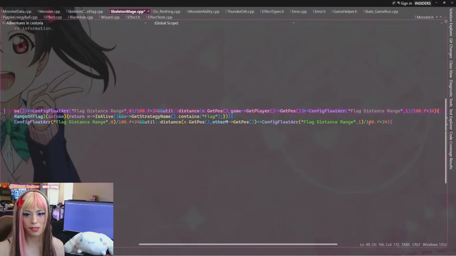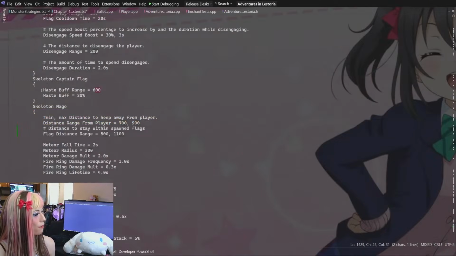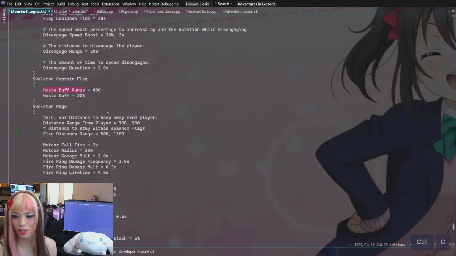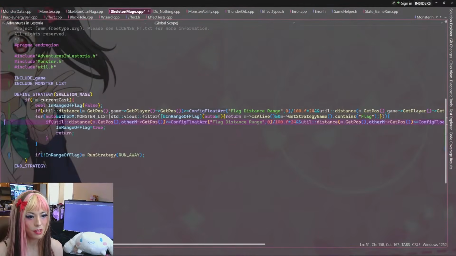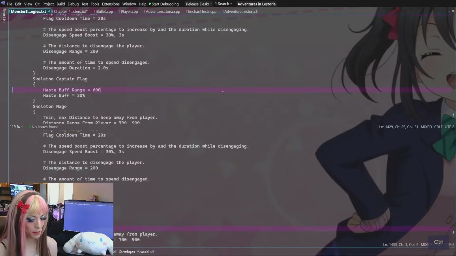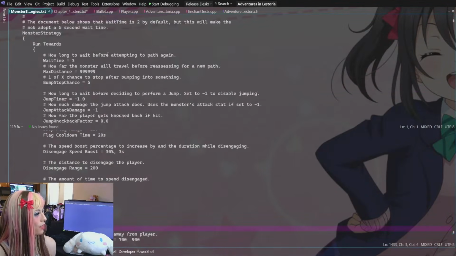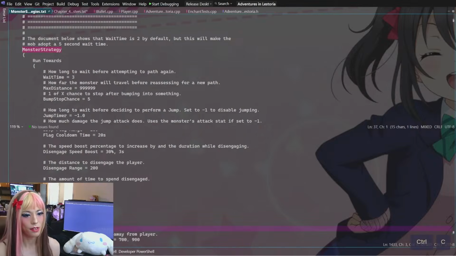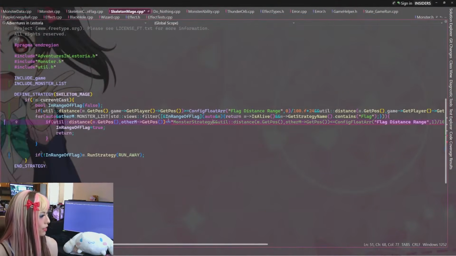And then afterwards, we see if we're actually in range of a flag. So we have to grab the skeleton flag haste buff range. So we've got to do that. So check our position to the other position, compared to, we have to be less than or equal to that flag's range. So this is under, I think the base object of this is called Monster Strategy. Oh no, it's just one word. So it's Monster Strategy dot